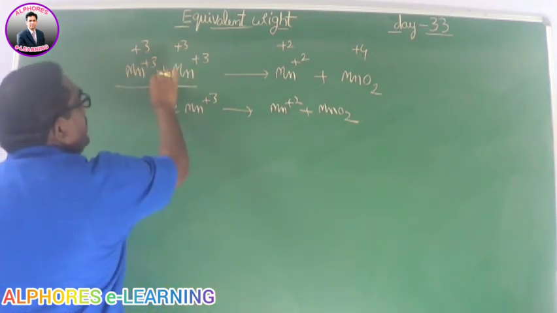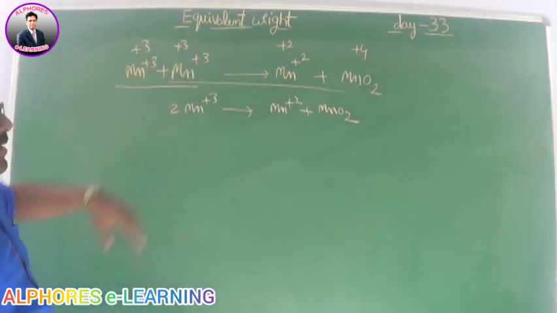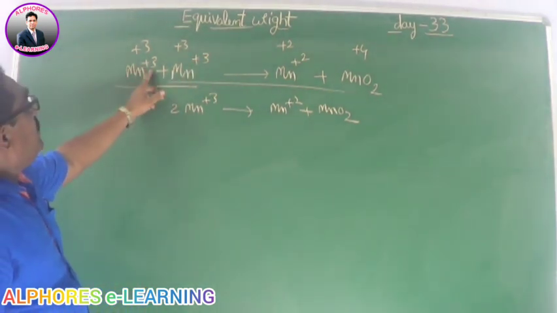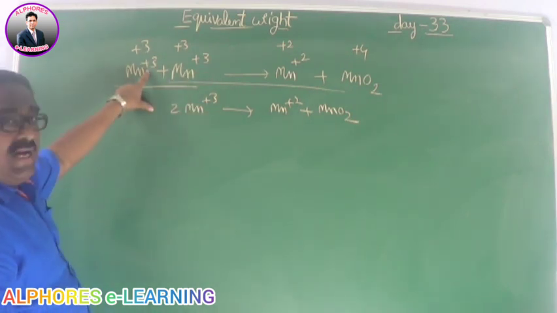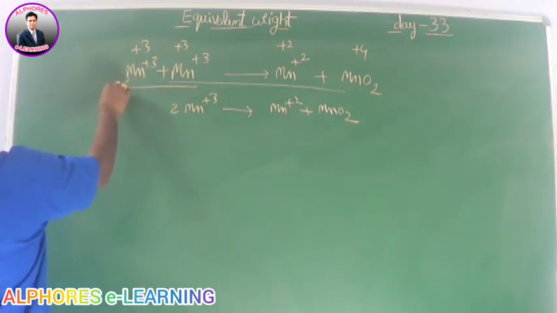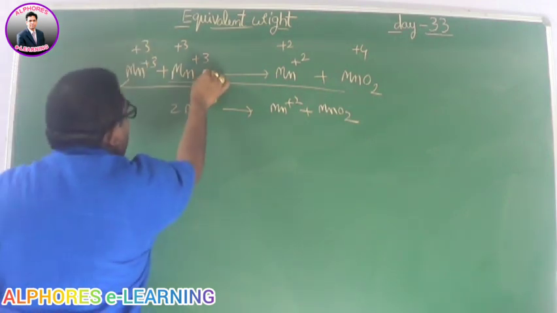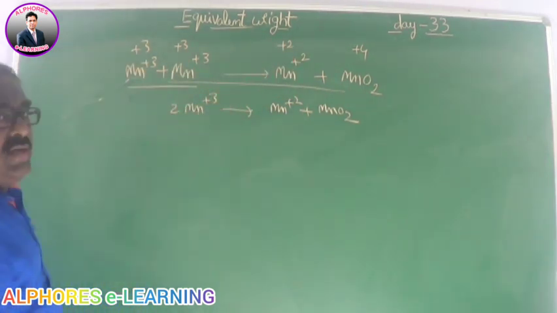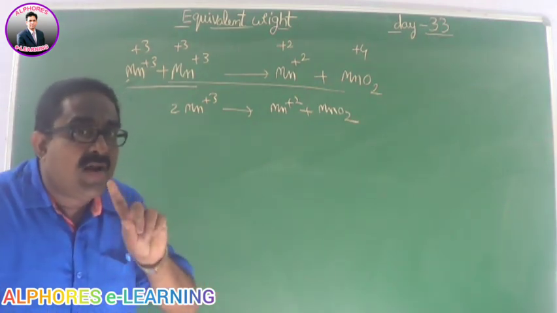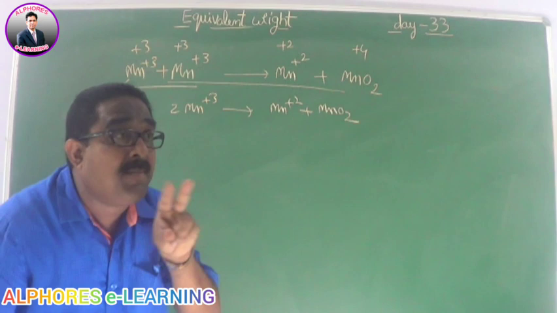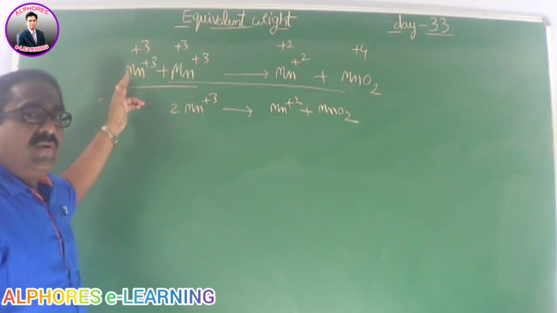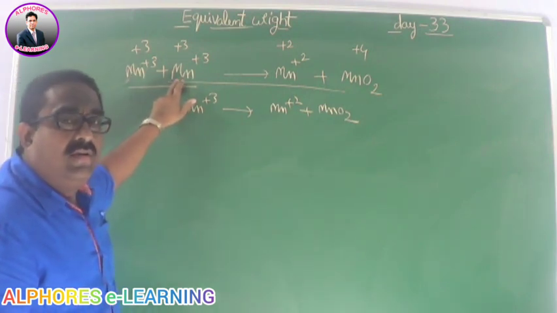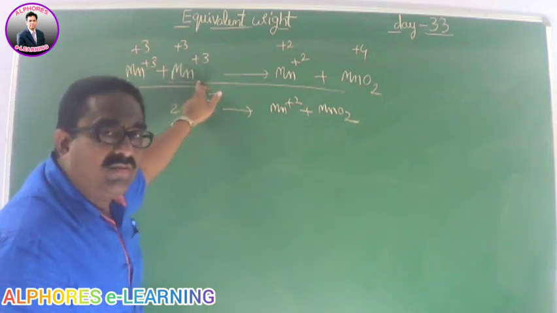If you observe this reaction, what I have written, the first step, see there, 1 electron is transferred. If it is going to lose 1 electron, it will change into Mn4+. That electron will be added here, so +3 will change into +2. It means only 1 electron is transferred between 2 Mn3+ ions. See, very simple. 1 electron is transferred from this manganese to this manganese. And this manganese becomes +4, this manganese becomes +2.